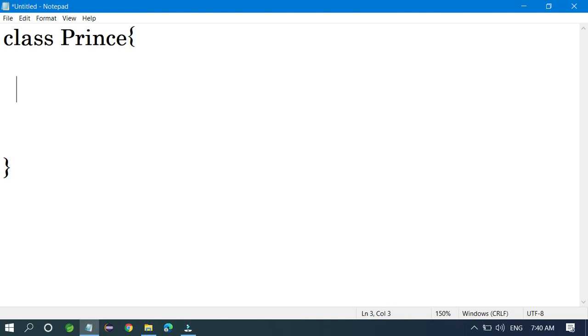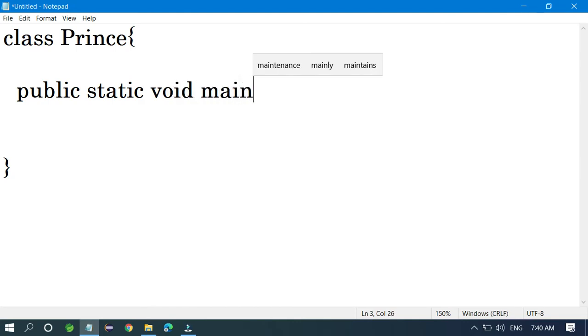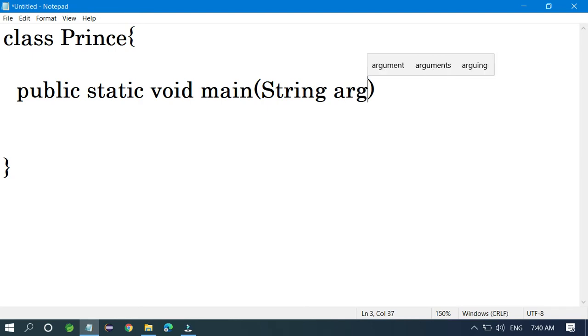It's one of the syntaxes, and it is mandatory in Java. You have to write public static void main. This is the main function, and through this function your program is going to start. Then String args; you can write anything here, but this is the syntax.